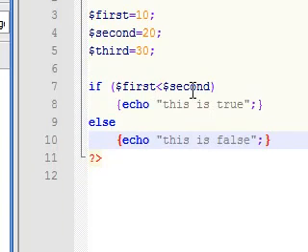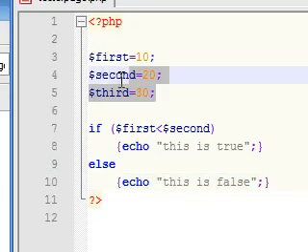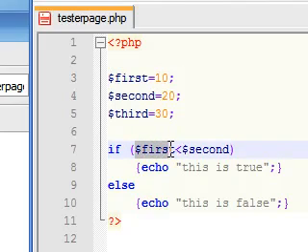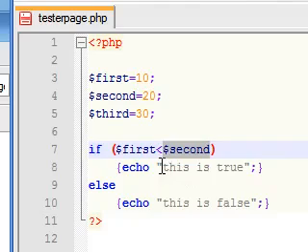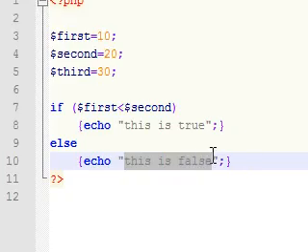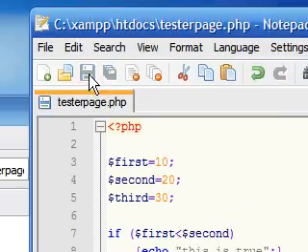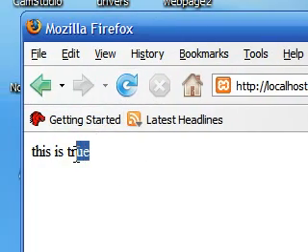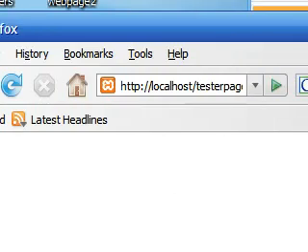So again, what we're telling PHP is, we've got all these variables. If the first variable, which is 10, is less than the second variable, which is 20, we want you to spit out "this is true". If it's not, we want you to spit out "this is false". As you see, if we save this and refresh, it writes this is true,